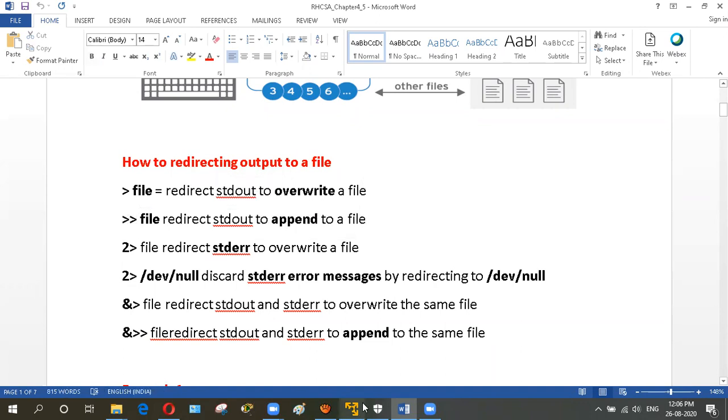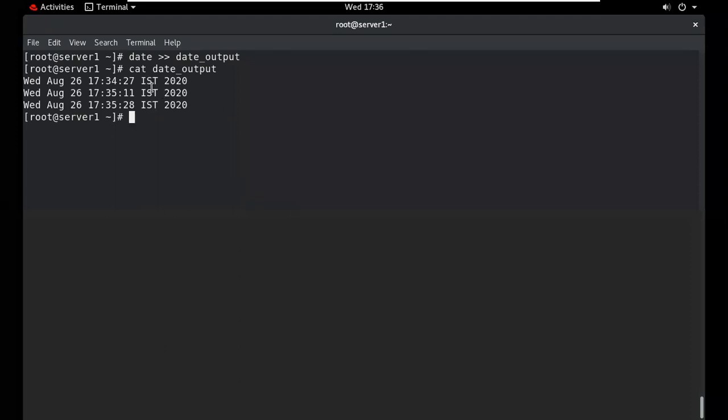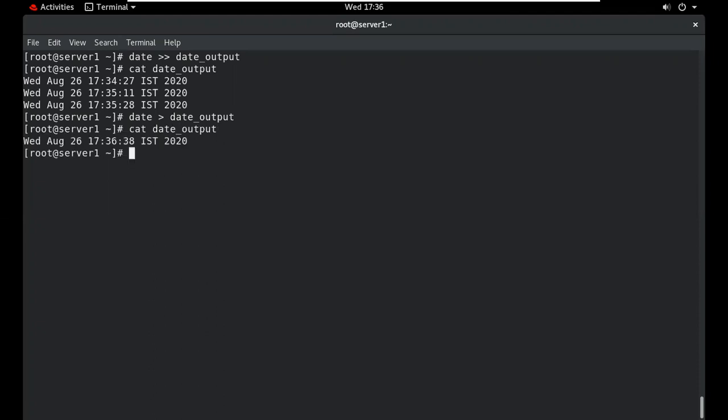It means, suppose we have three lines in this file and we want to overwrite it, what will we use? Only use this particular sign. So we have only one output in this file. Now you can check, all the data will be erased.